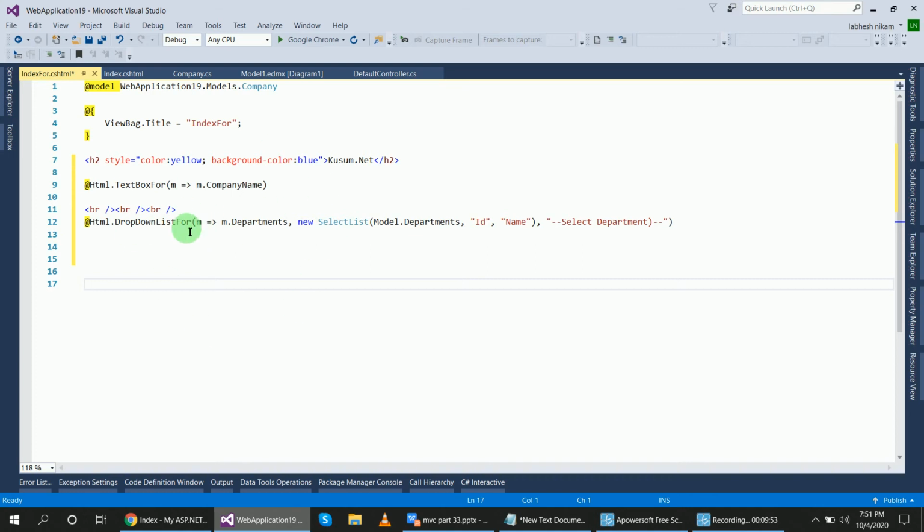This is strongly typed view. Okay, to get the name, m lambda expression m dot CompanyName, and for departments new SelectList, Model.Departments, id name properties and optional label, right? Now run this program and check.